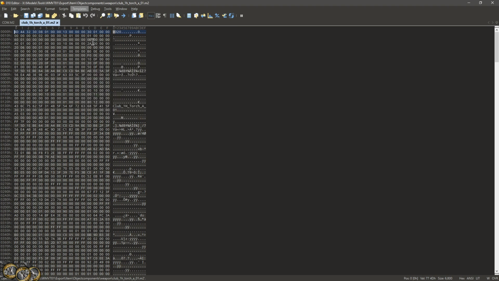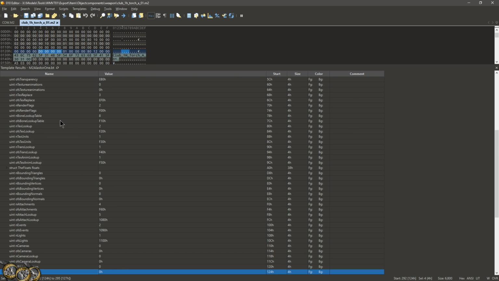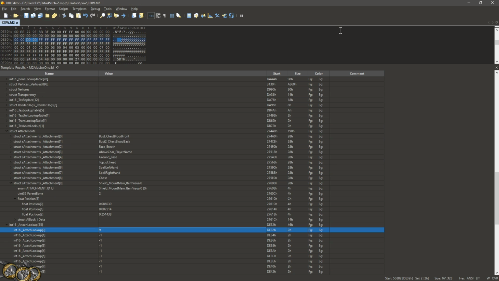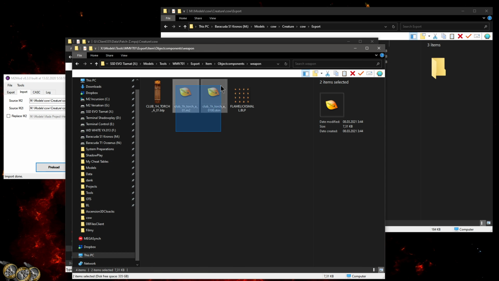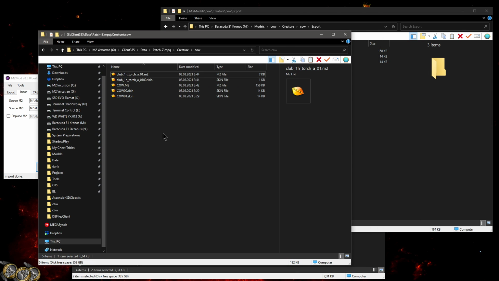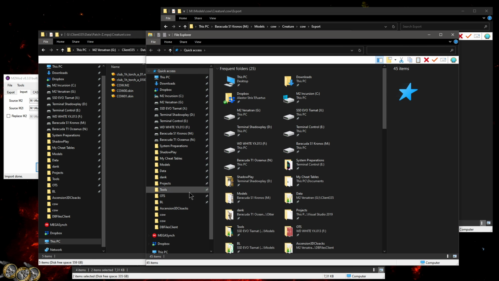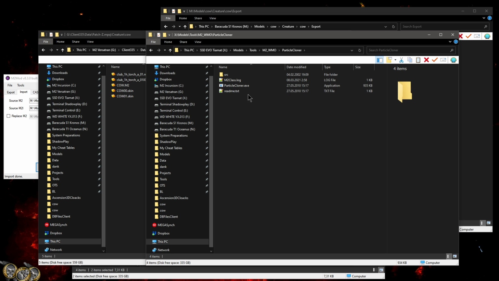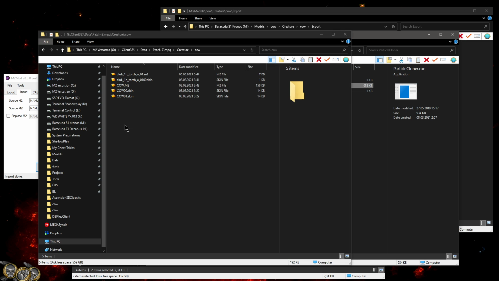Right now when I'm going to open it and have a look what's inside, we can look at the particle emitters, and yes, there is one particle, so that's exactly what I wanted. Right now let's close the torch and let's just pick it up and throw into the same folder as the cow we have in here. And right now I'm going to use the particle cloner tool that is for download from model changing net, or also from my repo. So it's in M2 and there is the particle cloner. I'm going to copy it in here,